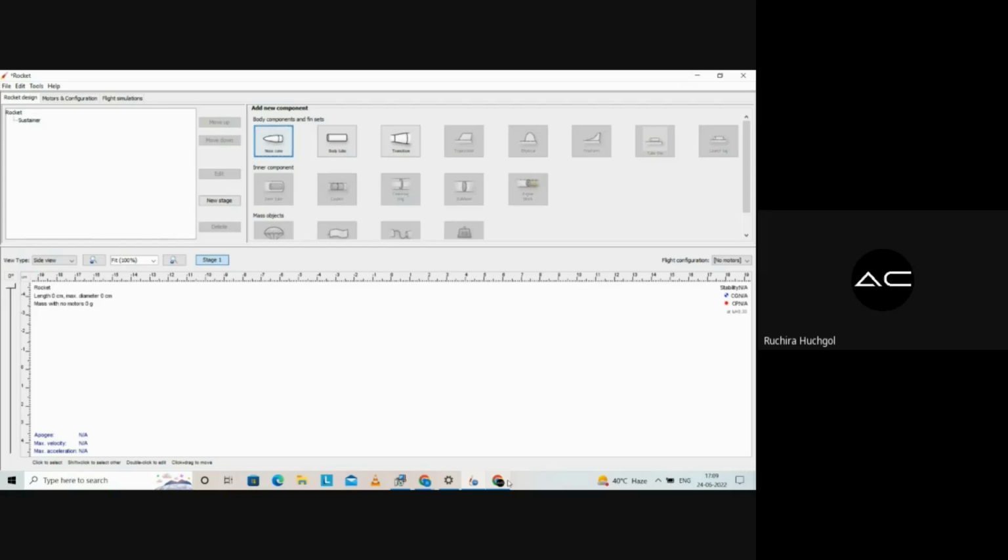Then the body tube also has fins attached to it. So basically, the very straightforward, logical answer for why we use fins is to provide stability to our rocket. What fins do is this: suppose there are wind gusts coming towards your rocket and we have three fins. Now, when air generates pressure on one of the fins, it will try to rotate it in one direction, right? Similarly, the other two fins will do the same thing.